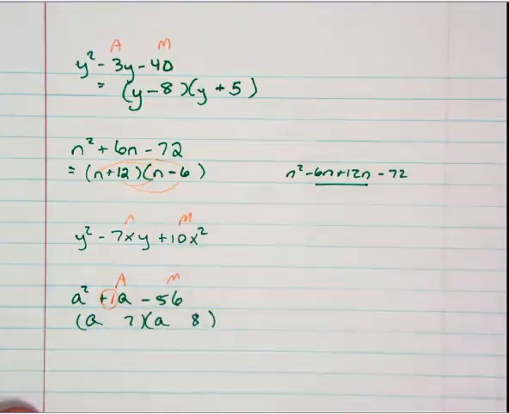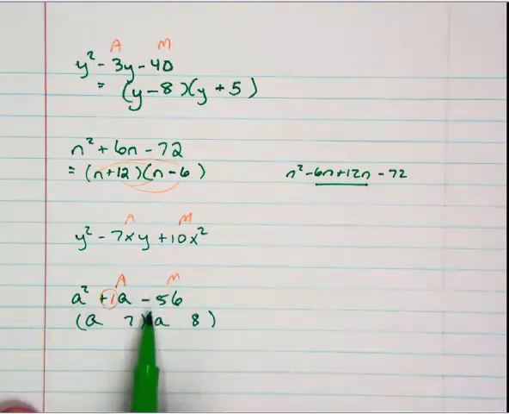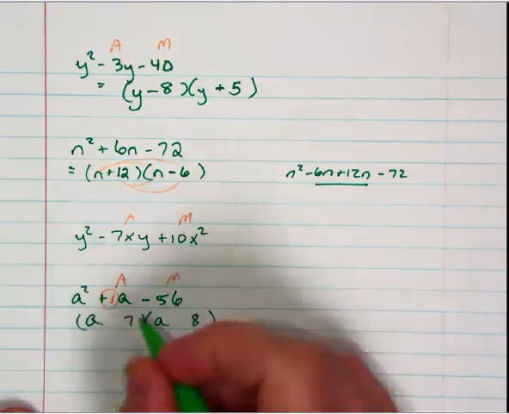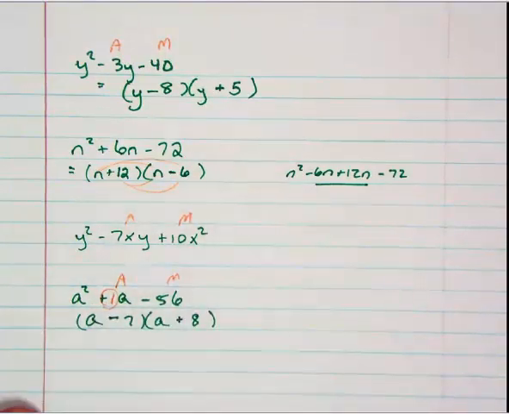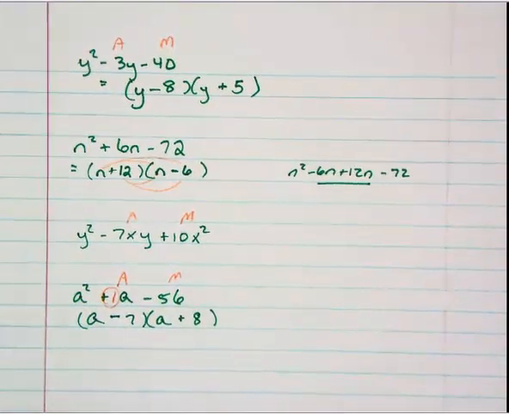The question is which one's positive and which one's negative. I know I need a negative because the product is negative. Since that's a positive 1, I know that will be the positive and that will be the negative. Okay? So, if you would like,